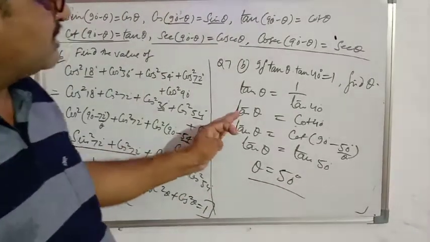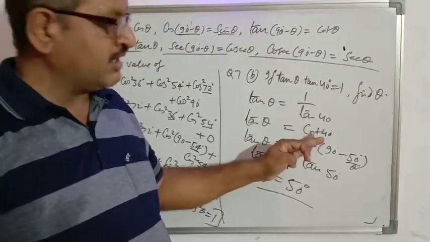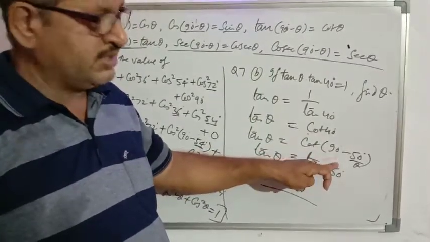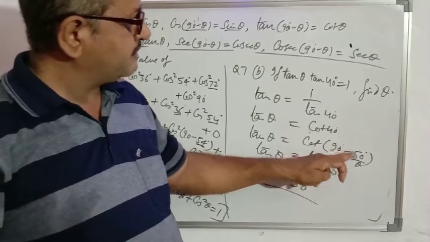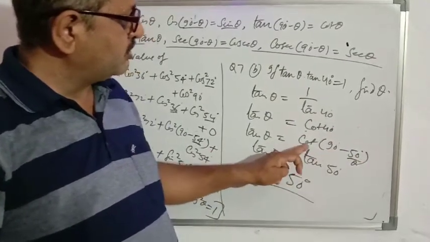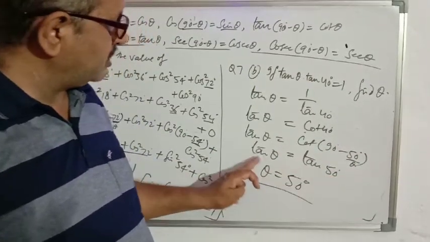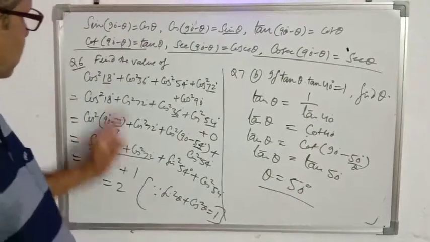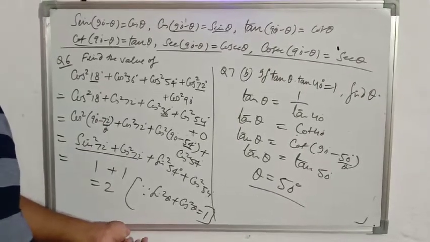So left side tan is given, right side cot. We have to bring both sides same trigonometrical ratios to compare it. So change this cot into tan. So in this way we can change. 40 degree written, write its complementary angle. 90 minus, in place of 40 write 90 minus 50. So cot 90 minus theta will be tan theta. Tan theta means tan 50. So compare it, theta will come 50 degree. 6 and 7 questions completed. Let us see some questions more.